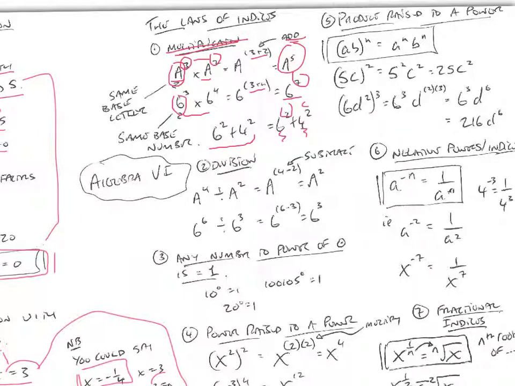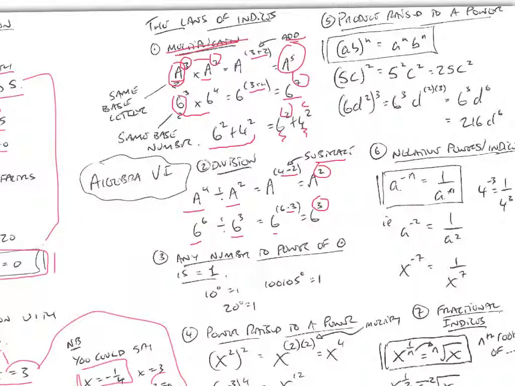If I'm dividing, if I have a to the 4 divided by a to the 2, I subtract. I have a to the 4 minus 2, which is a squared. 6 to the 6 divided by 6 to the 3 is 6 to the 6 minus 3, which is 6 cubed. Okay. The third rule